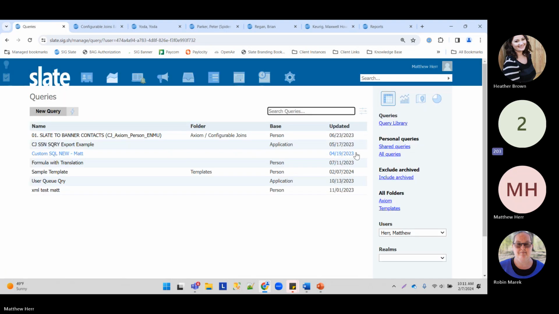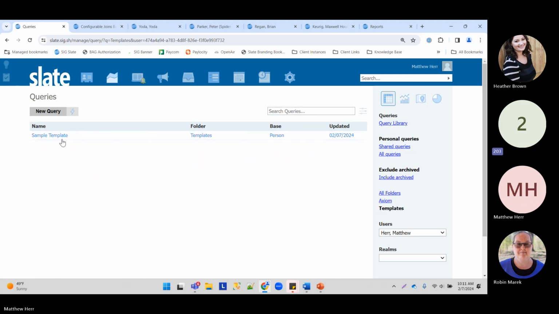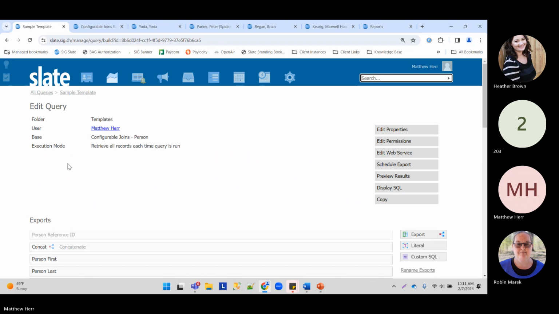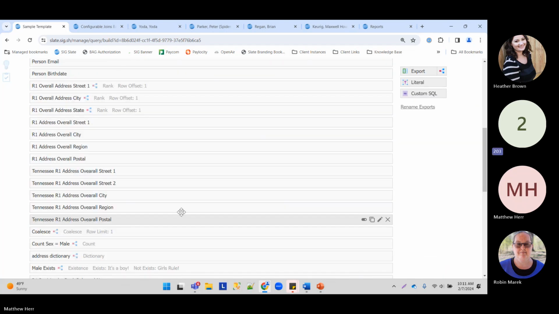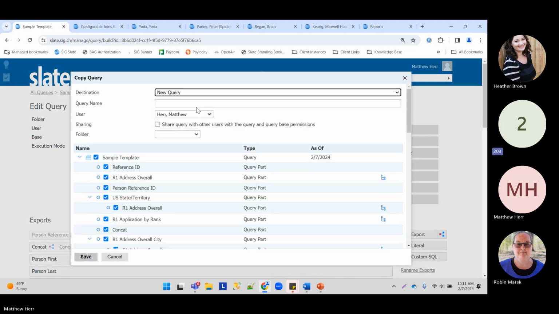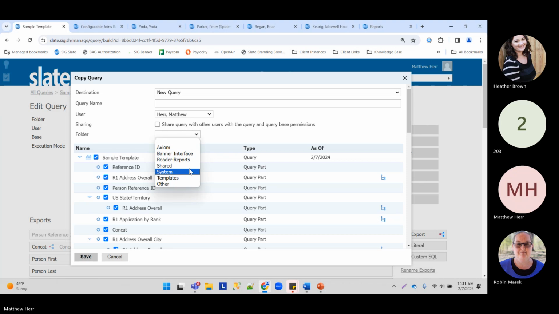And then if I go into my queries, I have a templates folder, and I can grab that template and edit it. Then I can copy and change that template for my purposes. So query templates are going to be beneficial for you. The other thing that you can do is if you save it in, where is it? I think it's shared library. I got it right the first time. If you save it in the folder of shared and library,